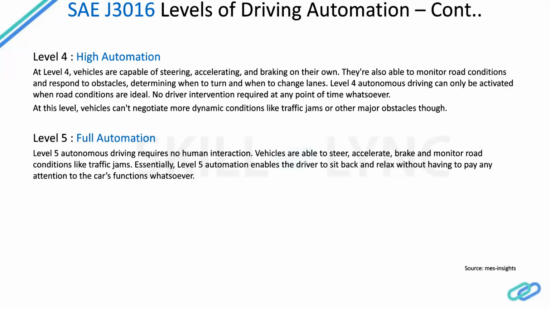Level 5 is known as full automation. So here no actuator is present for the driver. That means no steering wheel, no brake, no accelerator, no gear shift pedals are present. You just need to be in the car and tell where you want to go. The vehicle will take you through. Whatever situation may arise, even if it is raining, it is snowing, or the traffic signs are not recognizable, it should not matter for the control model, and that is where everyone in the automotive world is heading.